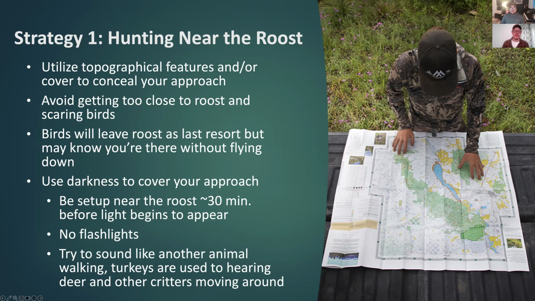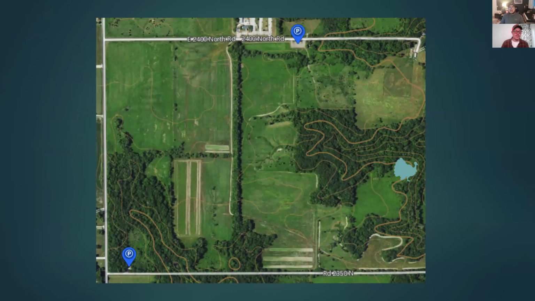And turkeys are smart enough to know that's an unnatural noise. That's enough to scare them. So never just tromp through the woods like a human when you're turkey hunting. That's a sure way to alert every animal in the woods that you're there, and they should be on high alert. Yeah, humans just have such a consistent gait, a consistent pace that it's a dead giveaway. Like Curtis said, every other animal out there, they're wandering, right? Or they're stopping, they're starting.